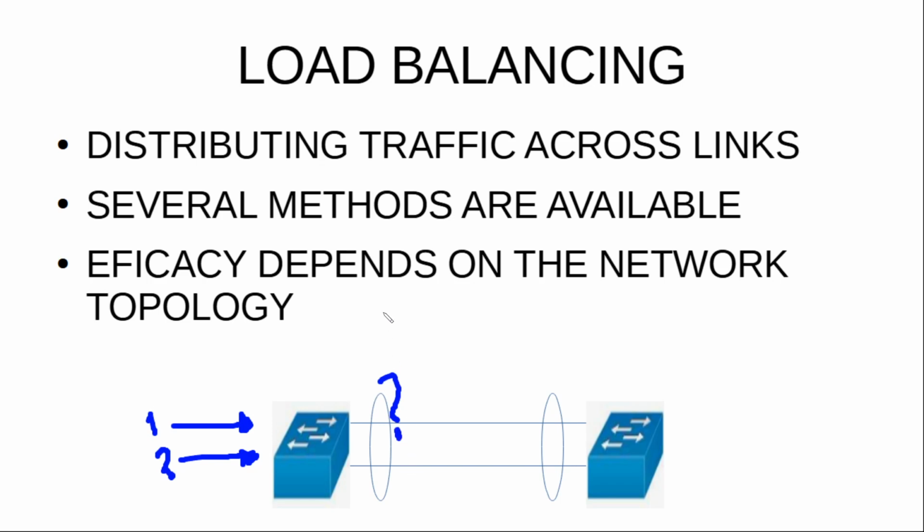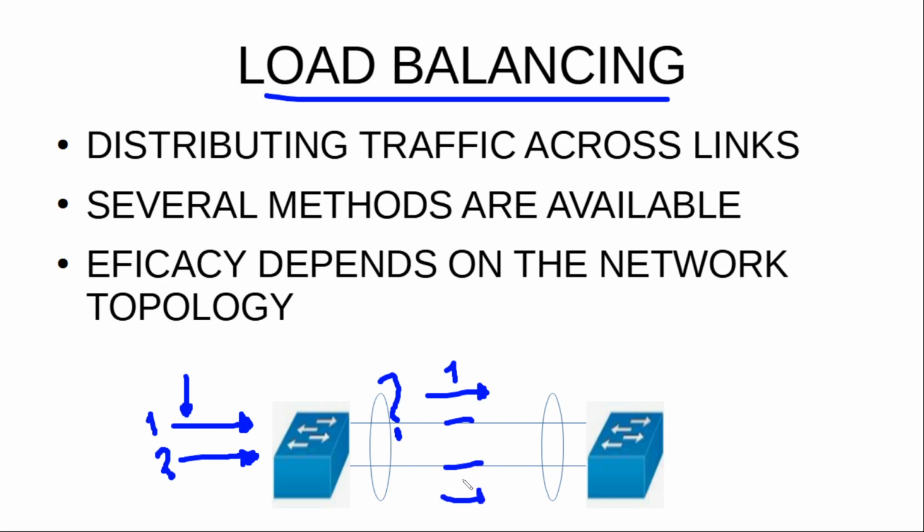So this is where the load balancing method kicks in. The load balancing method will do some calculation with the contents of these frames, and will conclude, hopefully, that frame 1 will be transmitted over this link and frame 2 will be transmitted over this link